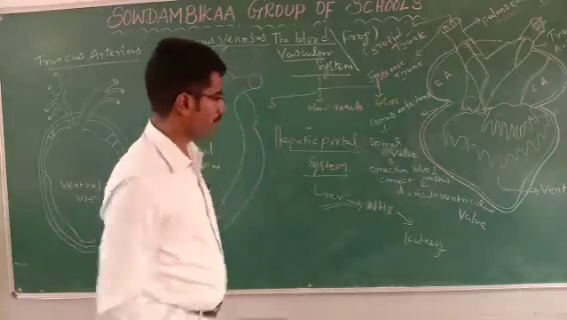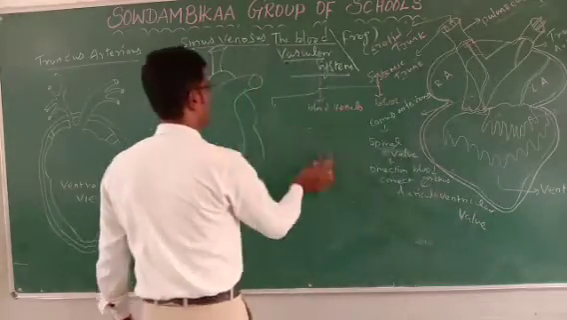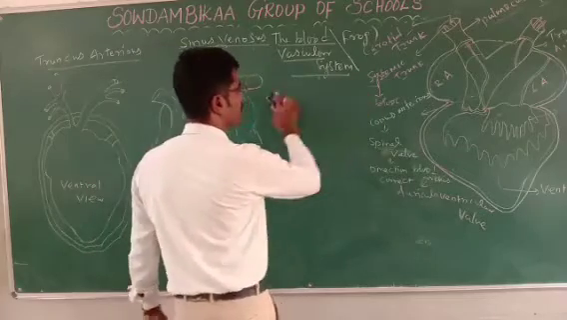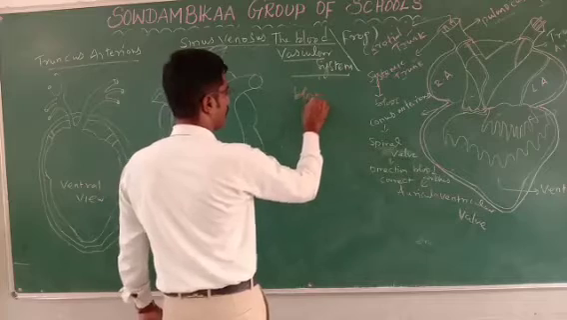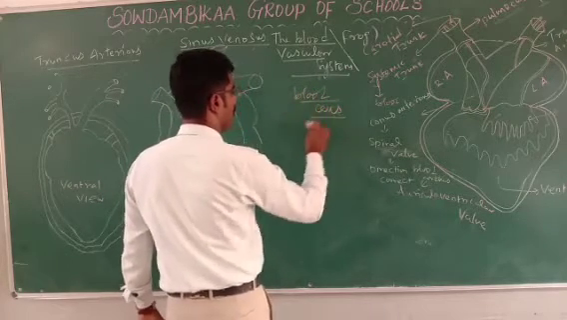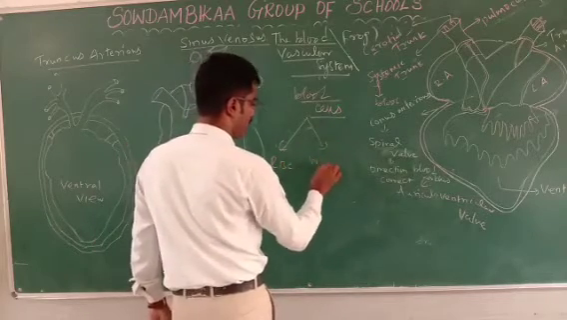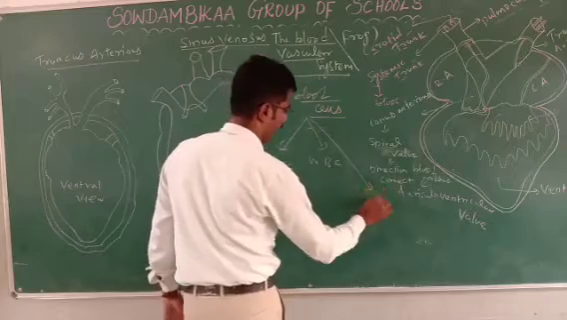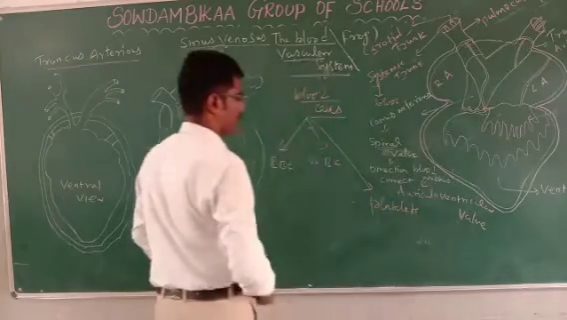Then blood cells. Blood cells of the frog contain granulocytes and agranulocytes. Blood cells contain RBC, WBC and also platelets. Okay,